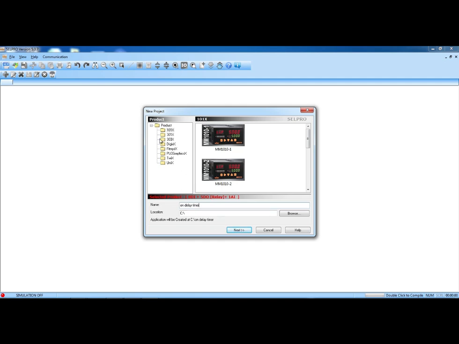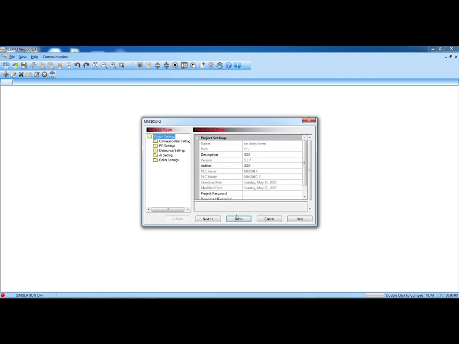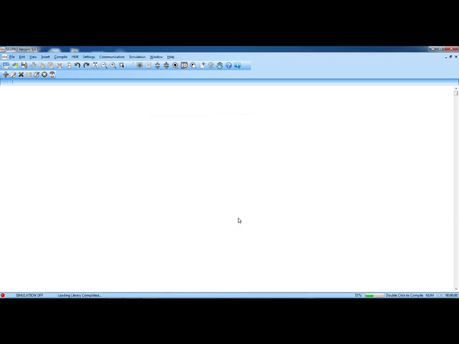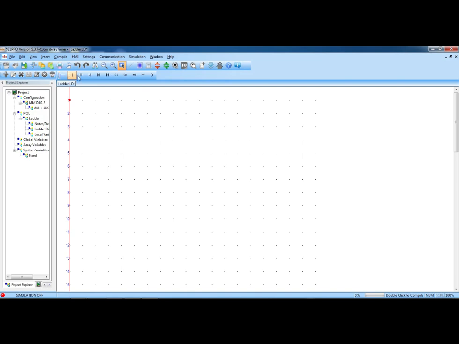Now you can set the location also. Here the default is C drive. Go for next. No need to select or change anything, just go for finish. Here we have some input devices and some triggering devices, which act as devices here. It is all inbuilt, no need to take anything extra, because whatever we program in the PLC, it will confirm here whether it is right or wrong, so we know what we have to do in real time.